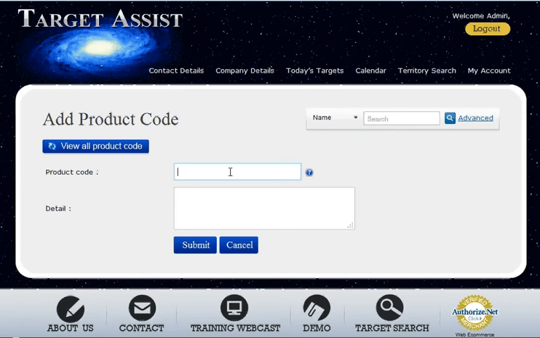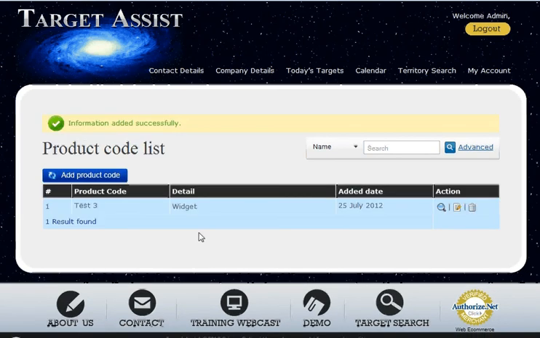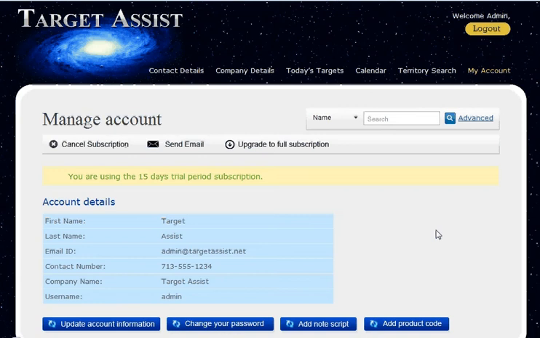So if you put in your product code here and what the detail of that is, and click Submit, this will give you a population of drop-down codes as well here that you can edit, view, or anything else. The last section of the My Account area is part of the mass email system that we'll